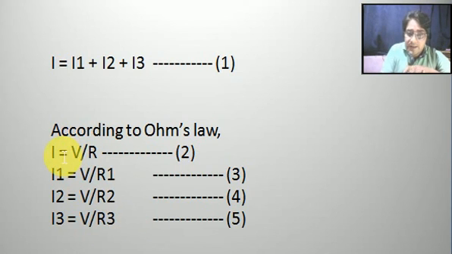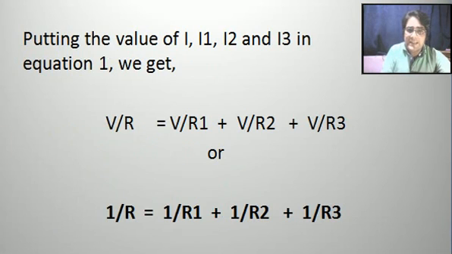तो इस I का I1, I2 and I3 इनका वैल्यू हम देंगे यहां पे, दैट इज I इज इक्वल टू I1 प्लस I2 प्लस I3। जब उनके वैल्यूज वहां पे हम देंगे, we get that V divided by R will be equal to V divided by R1 plus V divided by R2 plus V divided by R3. तो ये V को हम कॉमन करके यहां पे we will get that 1 divided by R, that is the reciprocal of this resultant resistance, that is the resistance of the whole circuit,